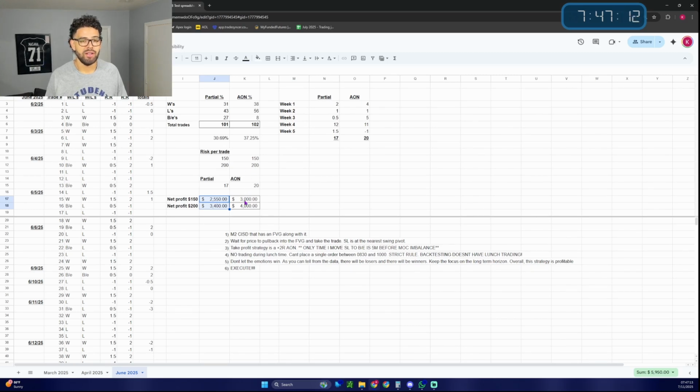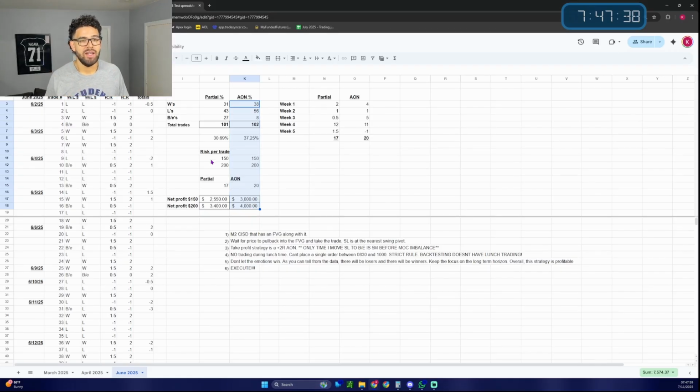So all or nothing, as you guys see, based on the same amounts, 150 bucks, all or nothing made about $450 more, risking 150 bucks. If you move the risk to $200, you guys see here, all or nothing made about $600 more. So the plus 2R all or nothing is a little bit more profitable, as you guys see here. And that is the reason behind why I'm doing my plus 2 all or nothing take profit strategy, because the